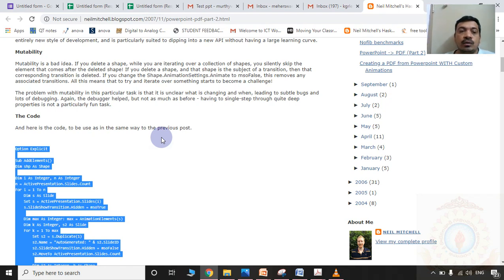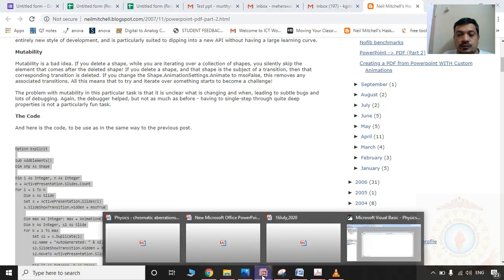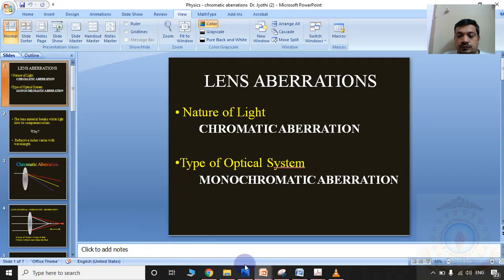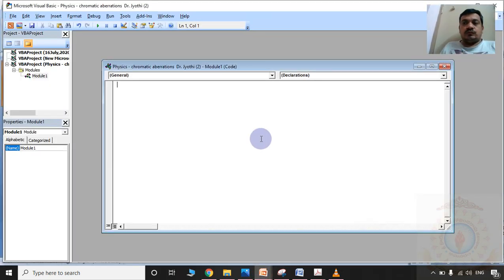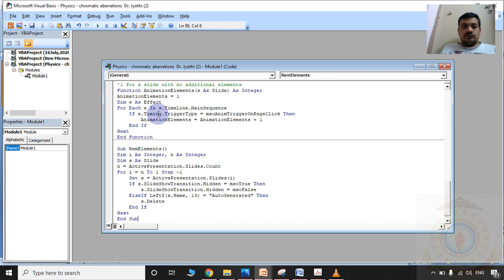You can download the same code in your place. So simply I copied the code from a link and pasted it here.